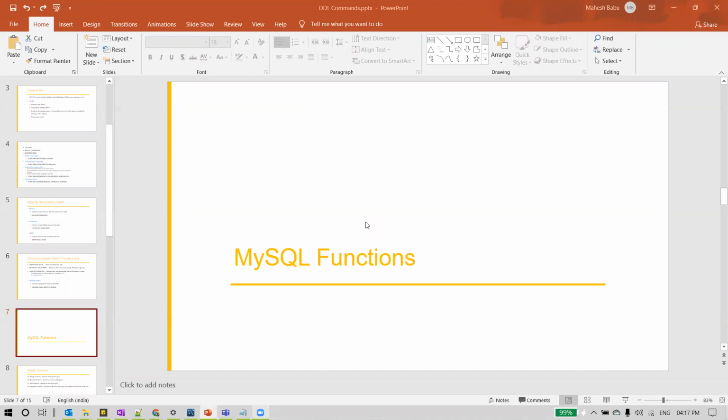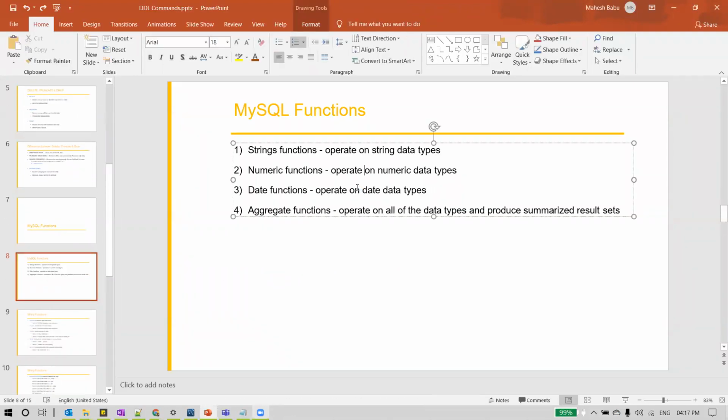We pass some parameters to these functions, say some data or our columns, and passing that as a parameter, we get back some result. That's the purpose of using functions, and we call these built-in functions. Remember that: built-in means the functions which are already defined inside MySQL.